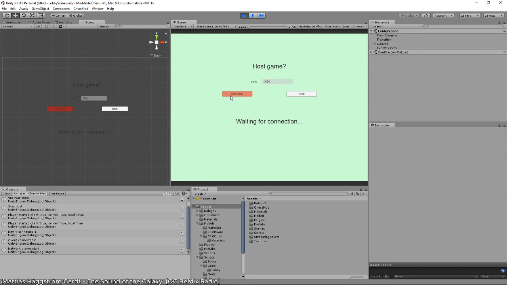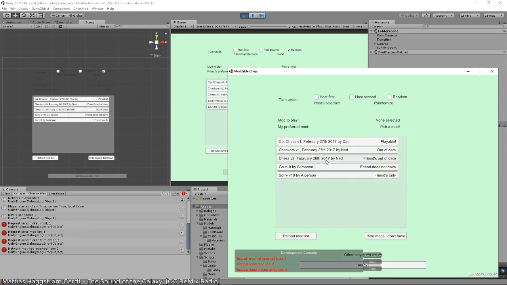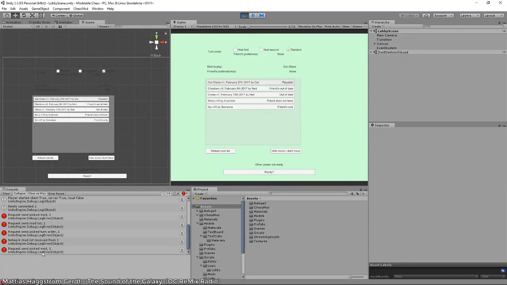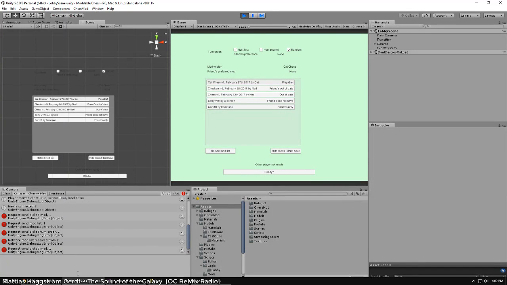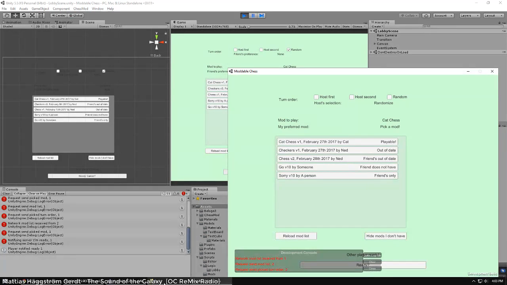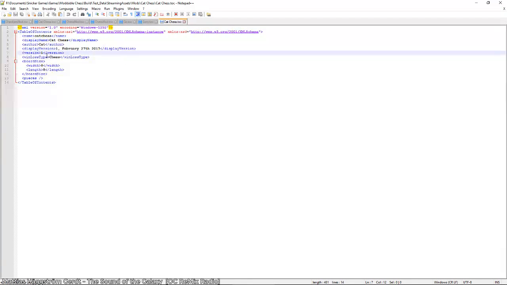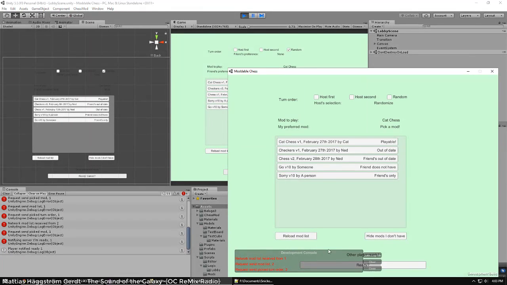Okay, and then if I start the host. So what were the steps? We select a playable mod here. Alright, and then I actually missed a step there: I have to click ready. And then if you go in here and edit the table of contents so that it's no longer valid, then when you reload the mod list here,